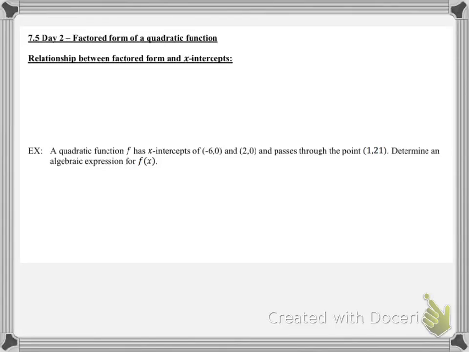But with factored form, we're going to talk a little bit about the relationship between factored form and x-intercepts again. So we looked at this a bit yesterday. So we saw that factored form of a function is f of x equals a times x minus m times x minus n. And that if I want to find the x-intercept, of course we just set the function